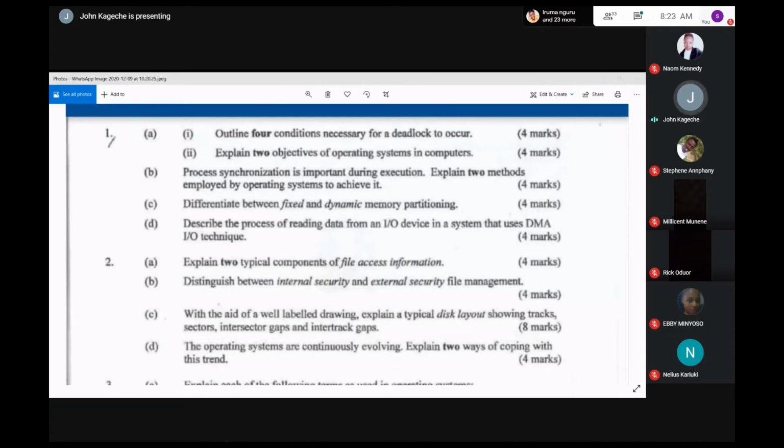Yes. So basically, when you talk about fixed partition, you're saying here that there is the issue of internal fragmentation. You remember, we're talking about the differences, as you can see in the question paper. Differentiate between. So when you're dealing with a fixed partition, there is the problem of internal fragmentation. With dynamic, there is a problem of external fragmentation. When you're dealing with fixed partition, it is very simple. But when you're dealing with dynamic, it is complex, because the system has to keep on deciding and making a